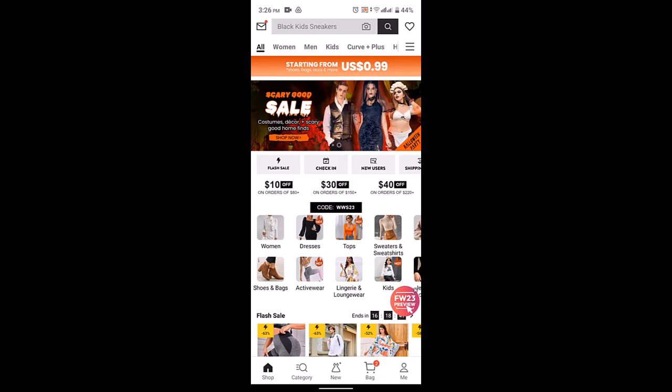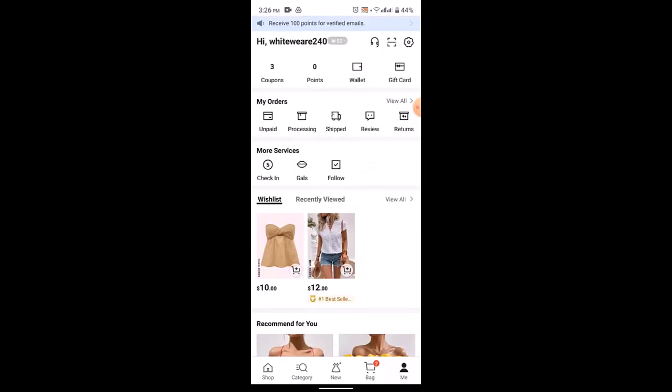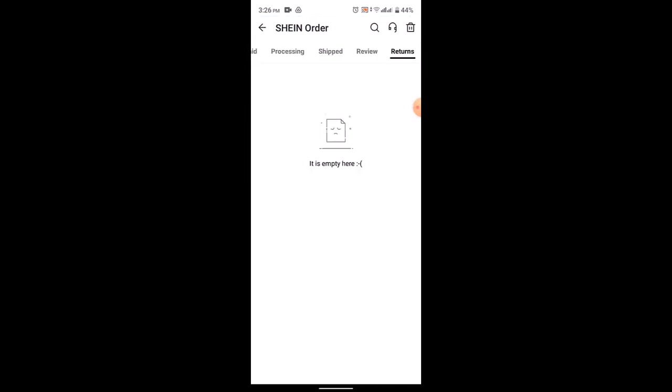Right on this page, go to your profile or tap on the me button located right at the bottom, and you'll be directed to your profile page. Over here under profile, you'll be able to see my orders. So swipe towards your left hand side and you can see there is an option as return. So over here you'll be able to see all of your returned items,